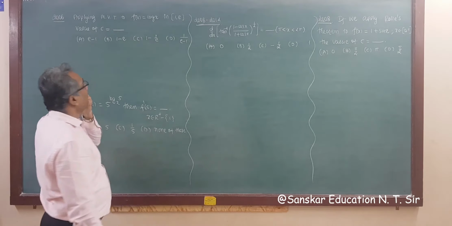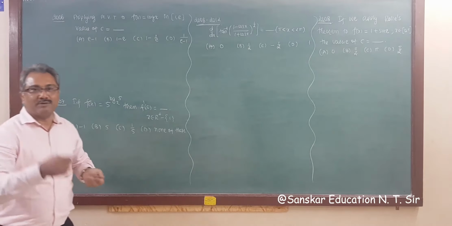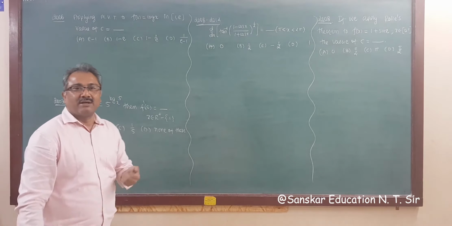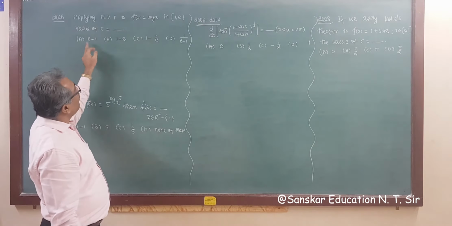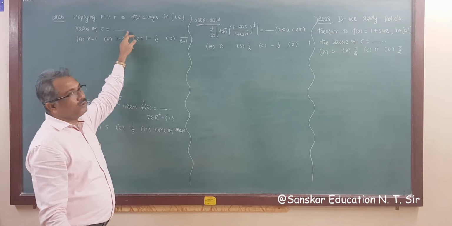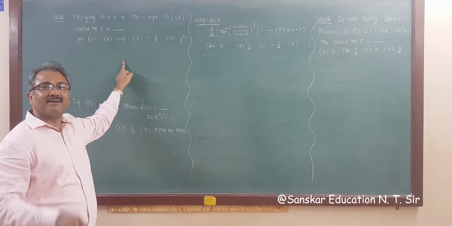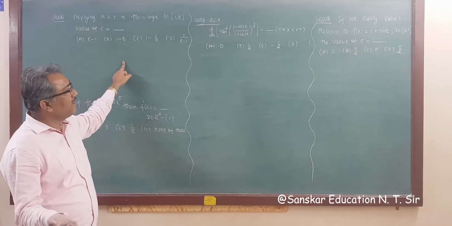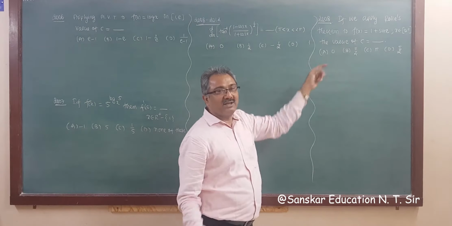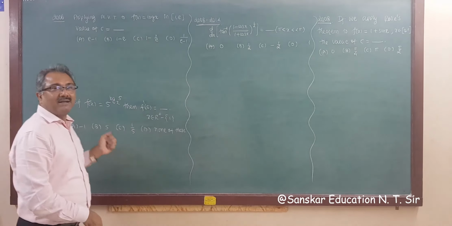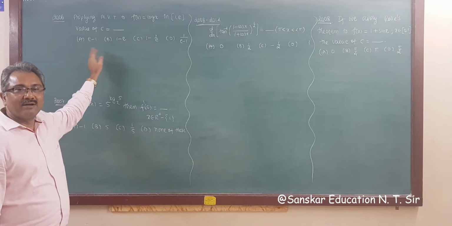As I told in lectures, if you are given all possible values and there are no options like mean value theorem is not applicable or Rolle's theorem is not applicable, then what you have to do? You have to apply the formula for the mean value theorem directly.